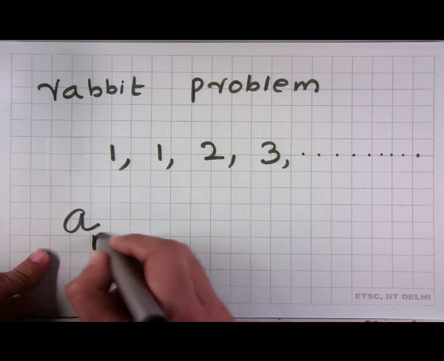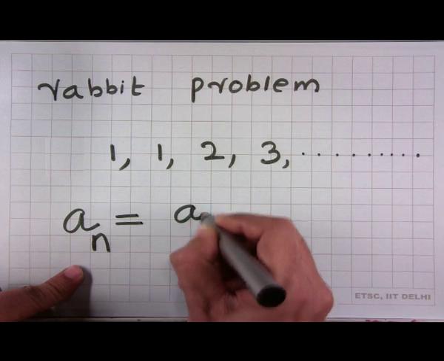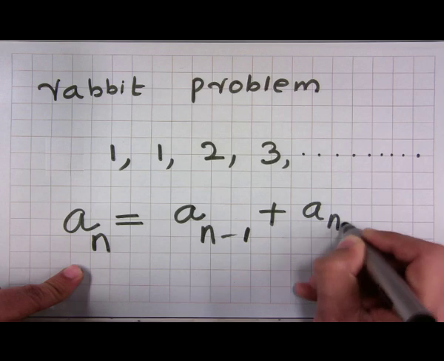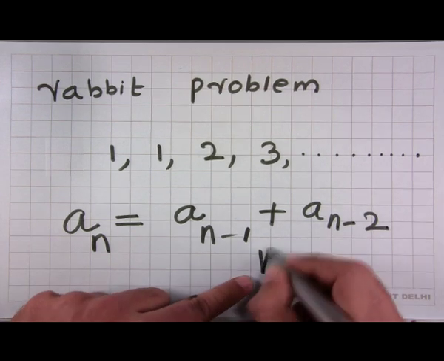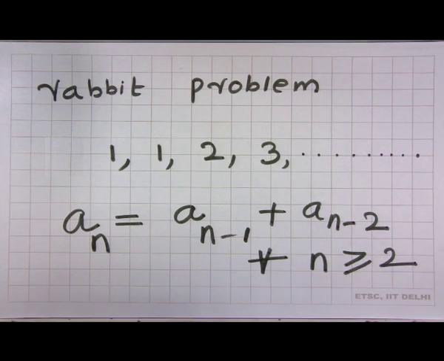You can observe that a_n is equal to a_(n-1) plus a_(n-2) for every n greater than or equal to 2, and